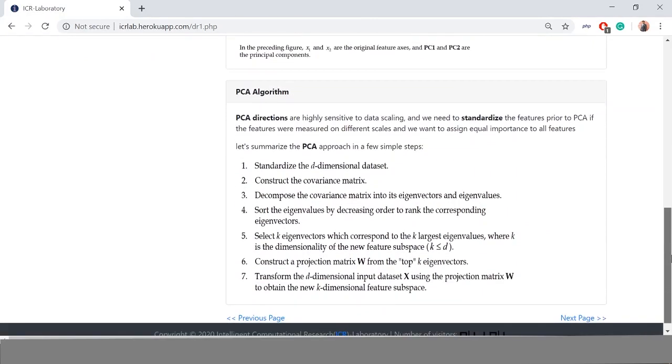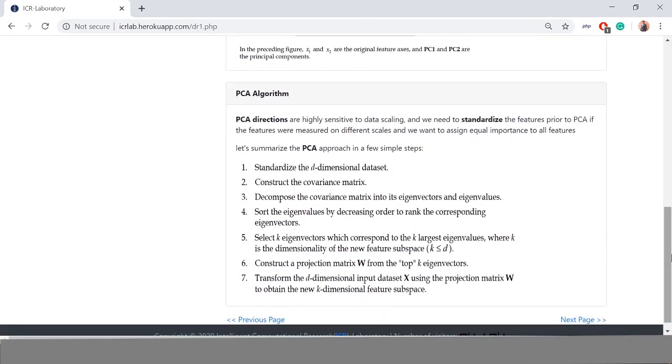In the PCA algorithm, suppose that we have data with d dimensions and I want to select k features where k is less than d. First we are going to compute the eigenvectors of the given matrix. Eigenvectors and eigenvalues we have calculated in linear algebra.